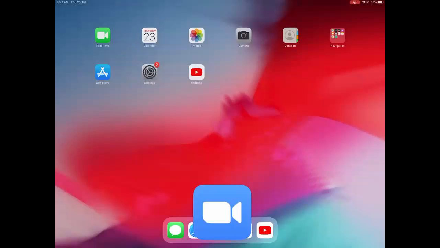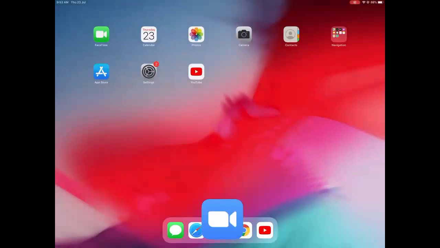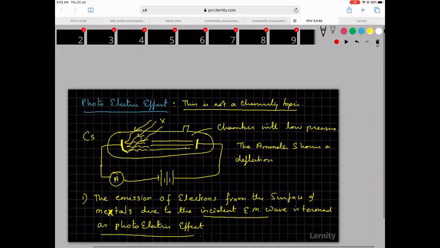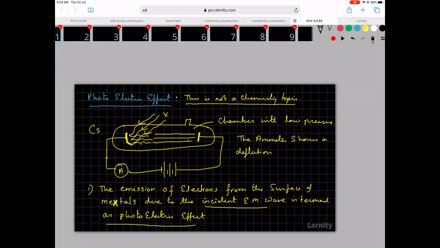It's not a discharge tube, it is just some glass tube through which the photons can pass through without getting disturbed. It's a transparent glass tube. I removed the air a little bit so that the air also doesn't interfere with anything. So this current is called a photoelectric current.